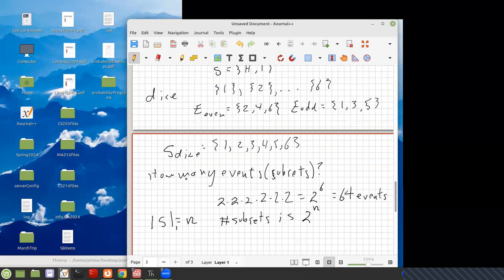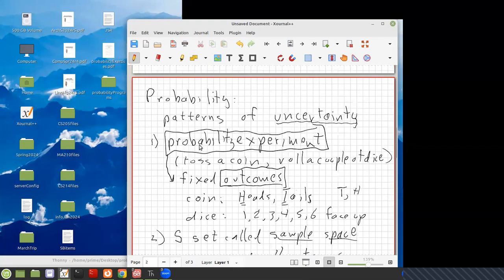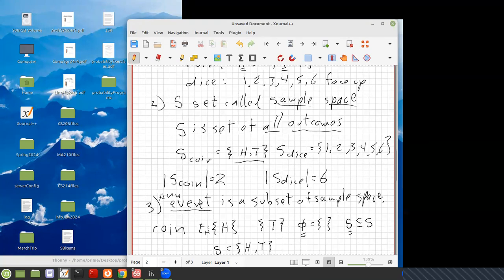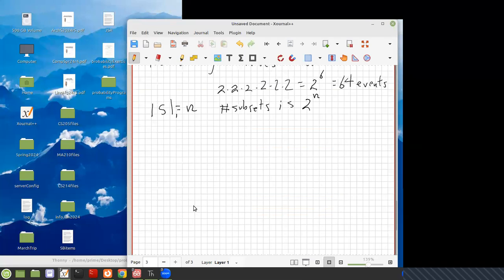But anyway, so there's the whole picture for events. Now, that's just a structure upon which we're going to build what's called a probability model. So the first thing was the probability experiment with outcomes. The second one was a sample space with events. And the fourth thing we want to do is a probability model, given a sample space and this set of events. Okay, so let me